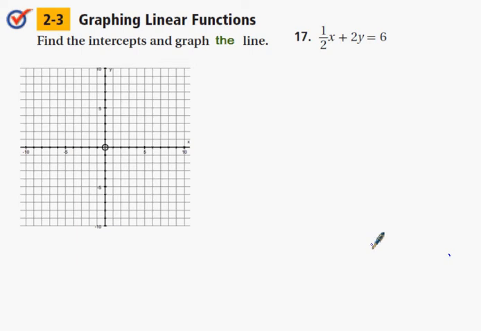In this particular problem, we are given the linear equation 1/2 x plus 2y equals 6, and we're asked to find the intercepts and graph the line. Okay, so an x-intercept is a point where the line we are going to draw is going to cross the x-axis. And the y-coordinate of such a point would be 0. So when we're looking for the x-intercept,